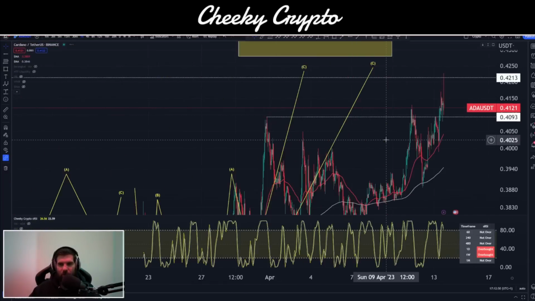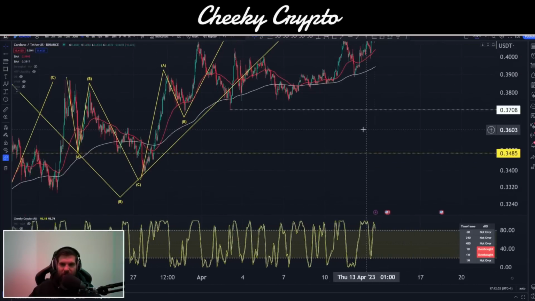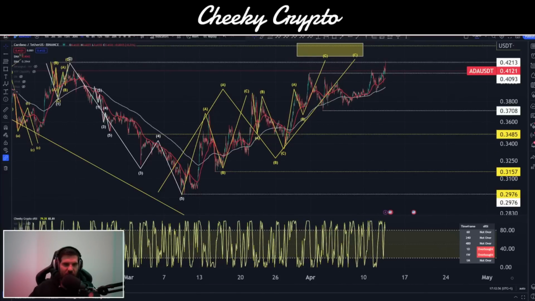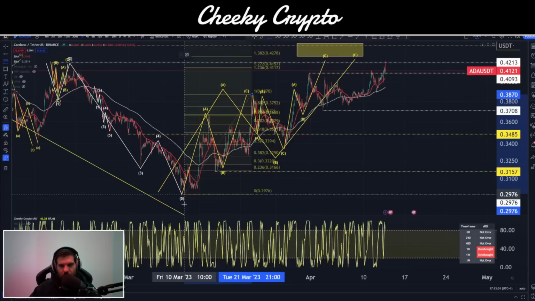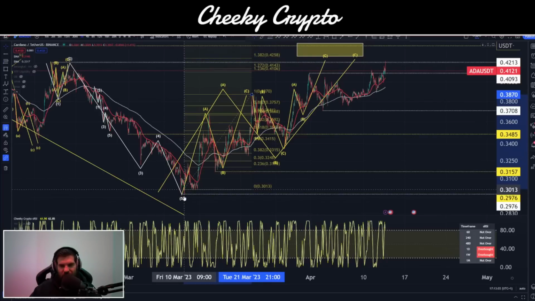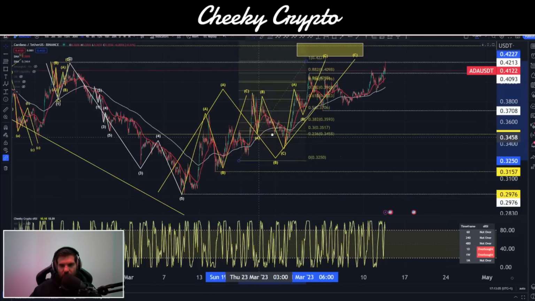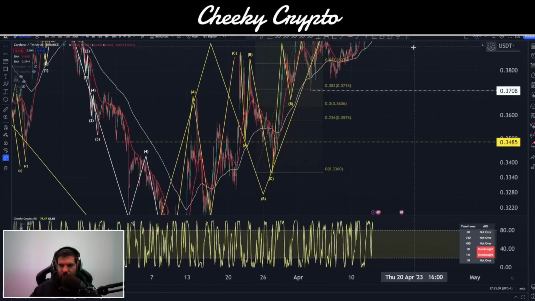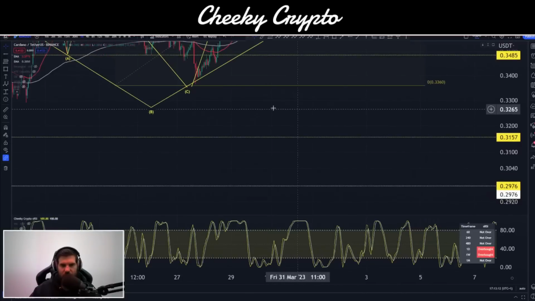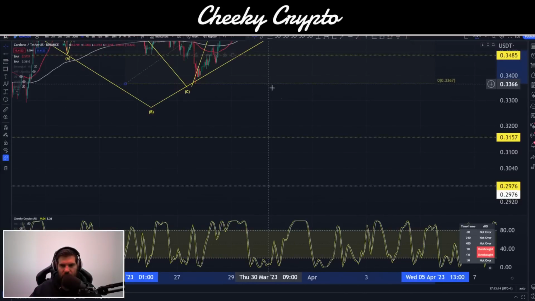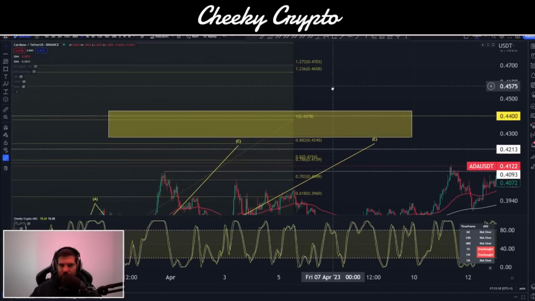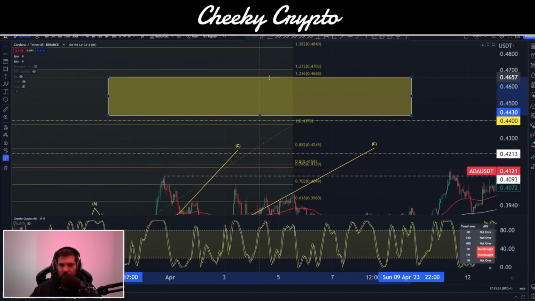So what's going on? Well, we still have that potential move up higher, right? We can see that right in here on the hourly chart. We've obviously got Elliott wave theory here. What we're going to do is see how much we have left before we start thinking shorting and stuff like that. We still have a little bit left in the tank by the looks of it. I'm just going to make sure I get this right on here. There we go. Let's bring this back up. And yeah, we still have a little bit of room here to breathe.